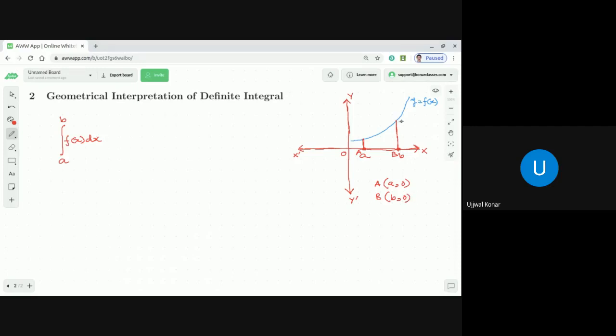Okay. Suppose this is capital C and this is capital D. Can someone please tell me what is the coordinate of the point capital C? Anyone? You can try. What is the x coordinate of the point C? Anyone, please? I'll appreciate if you can answer. The x coordinate is b. Fantastic. Very good. Y coordinate?